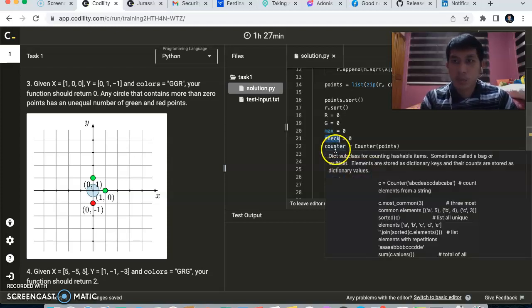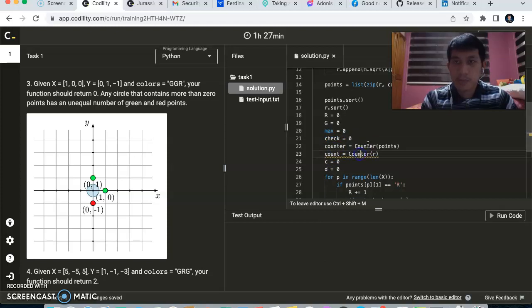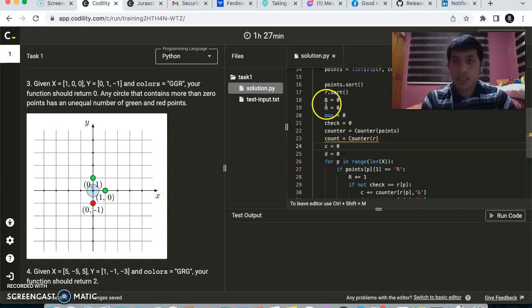Then we have two counters, one for points and one for the list R. Then finally we have C and D. So this will count the number of red and green points. The same with this, but